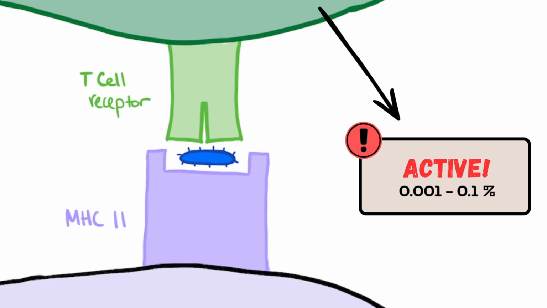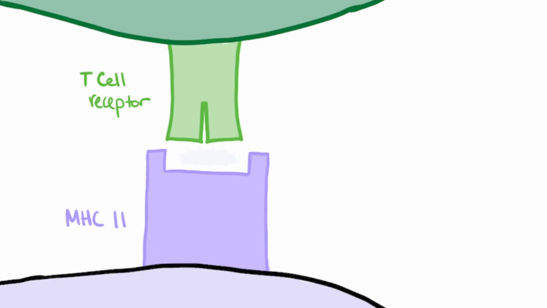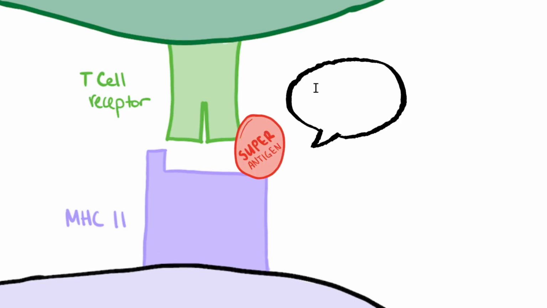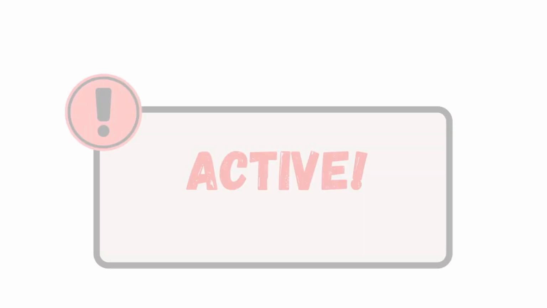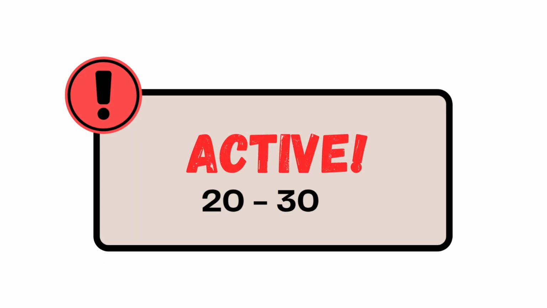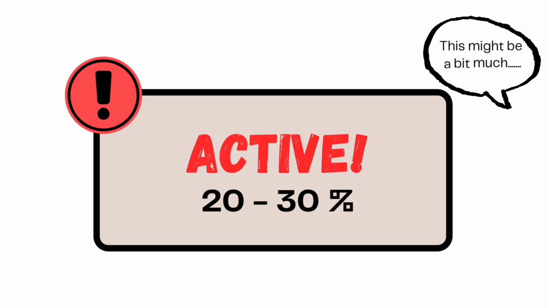your T cells. Superantigens are unusual because they can bind non-specifically to MHC2 and the receptor on a T cell. This creates a bridge-like connection between them. Essentially, the superantigen binds to a common structure on many different T cell receptors. The superantigen doesn't need to be presented in a specific way to a specific T cell like a normal antigen, so many T cells can be activated all at once. This results in upwards of 20 to 30% of T cells activating, which is way more than your body is